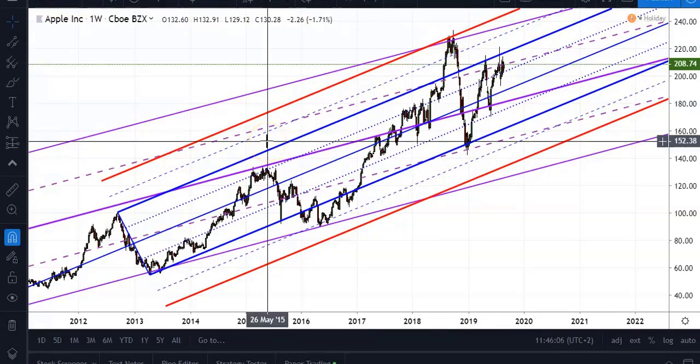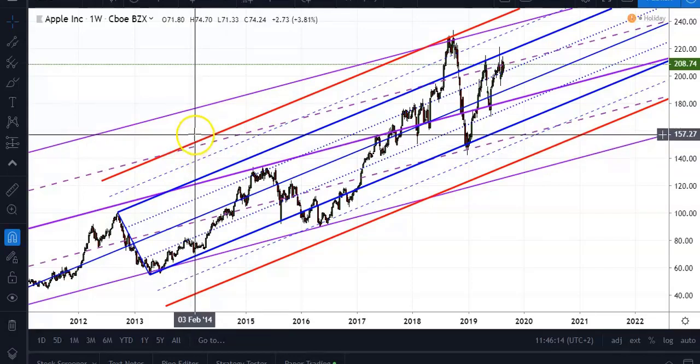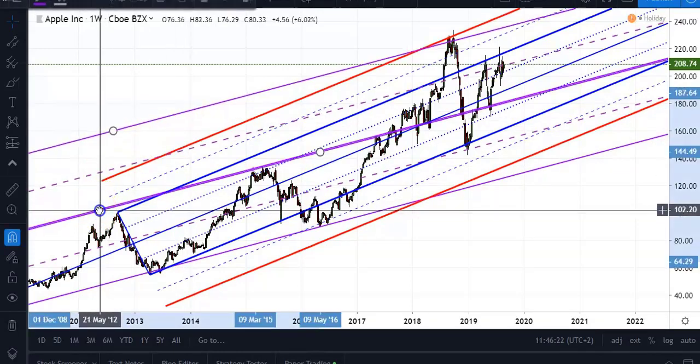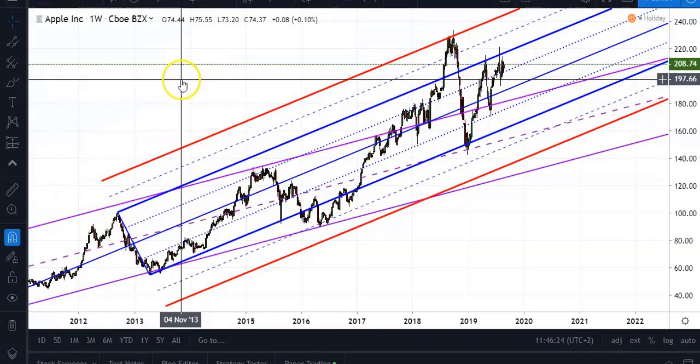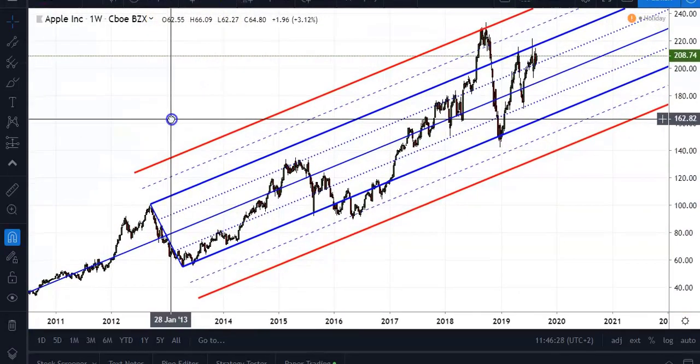Just a quick note here, I often get asked how I know which pivots to use when drawing my pitchforks. And the answer is that I like to follow historical price action to see how price was dancing around my important median lines and how well they were respected by price action in the past. So let me quickly get rid of these channel lines so you can get a better view of that, by simply